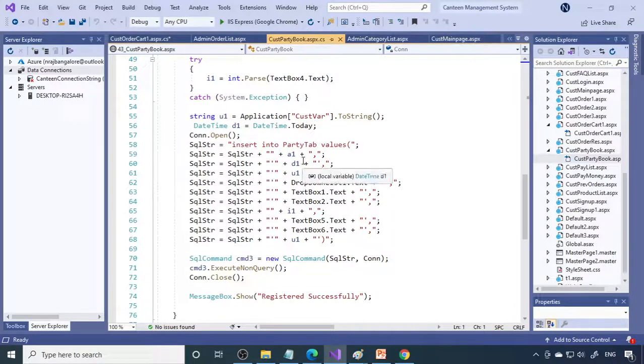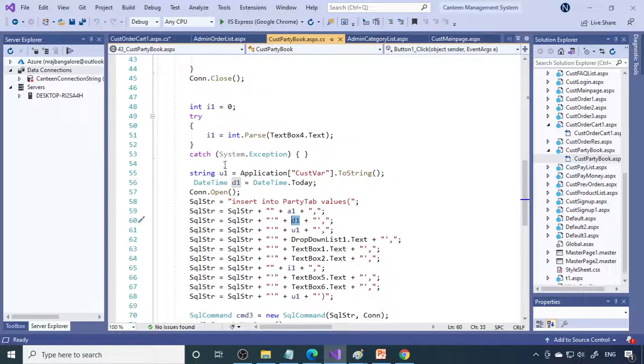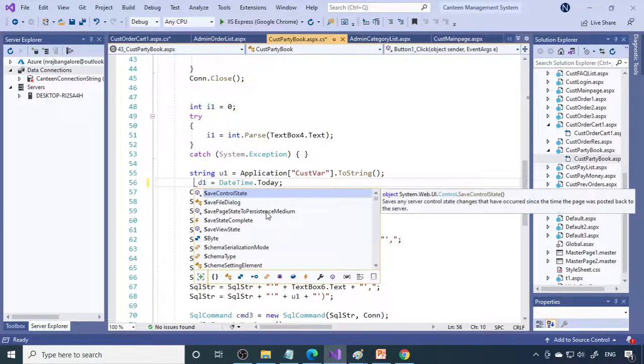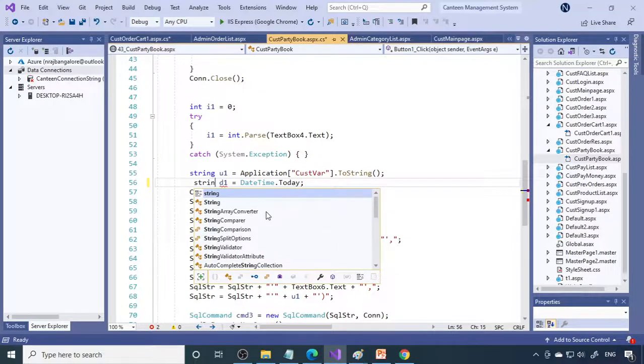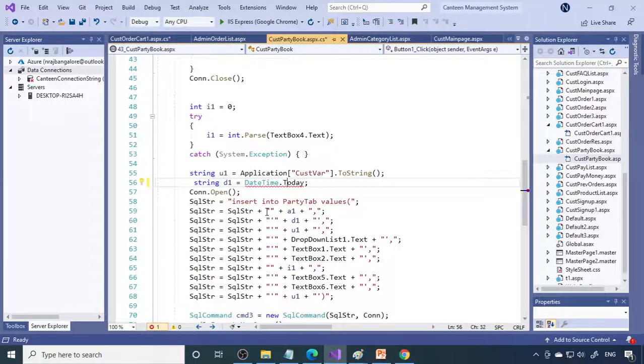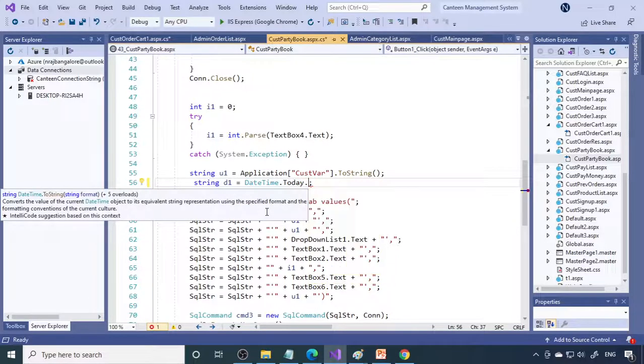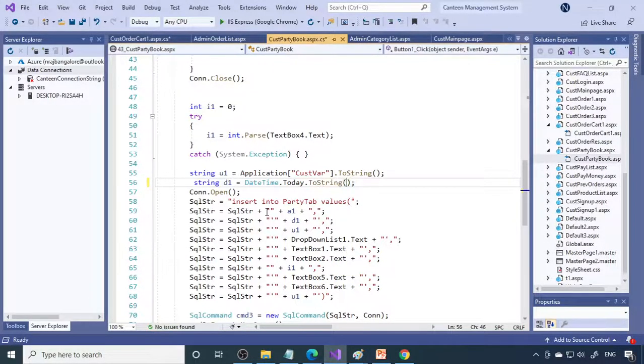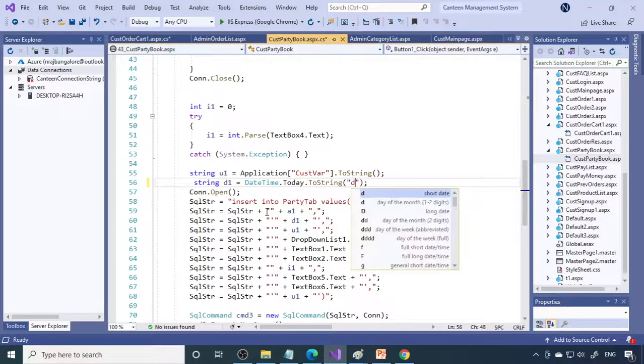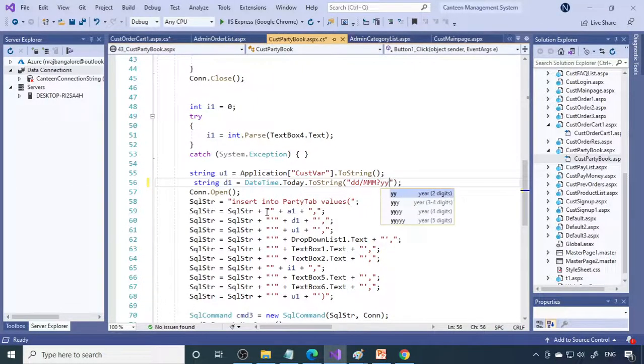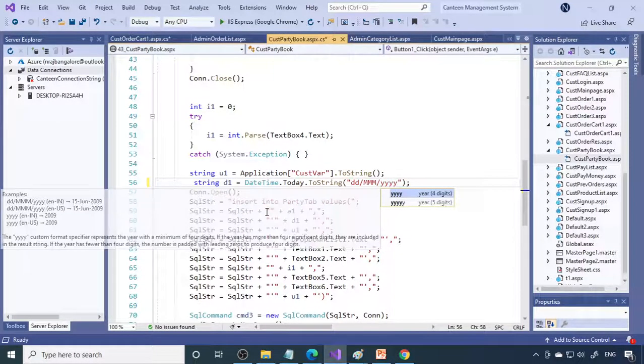so again here is the date actually, D1. Here what we have done is the date time D1 is equal to date time today. This is the problem. So what I'll do is I'll just change to string here. So it's always a date and time problem. Sometimes in some systems it won't have a problem. In some other system again it will give the problem. So better to solve it. So now you need to put it in the DDMMM format. So previously we used another method and here we are using another method.